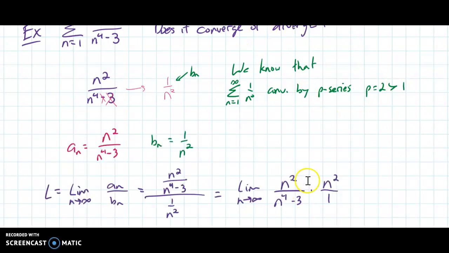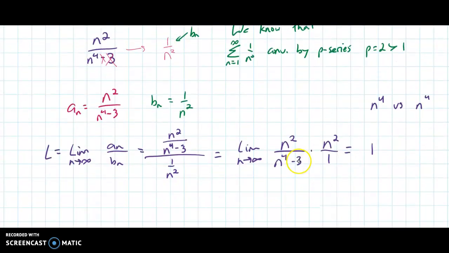So what I want you to see here is that I've got n squared times n squared. What's that? It's n to the fourth. So this gives me an n to the fourth in the top versus what's in the bottom, n to the fourth. You can use rules and ideas from pre-calculus to say, well, we just divide the coefficients. I divide the coefficient of this thing by the coefficient of this thing. What's the coefficient here? 1. What's the coefficient here? 1. I divide them, I get 1. So that means that L is equal to 1,